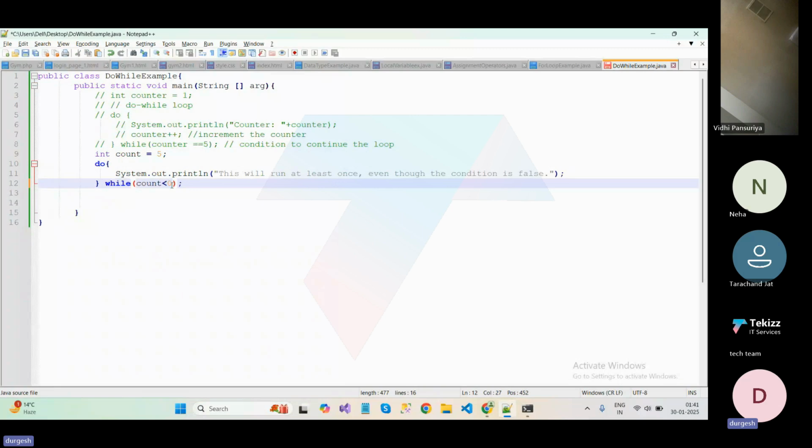Since the condition is false, the loop will run once before checking the condition. Inside the loop, it prints this will run at least once, even though the condition is false. After the loop, the program continues to the next line, printing